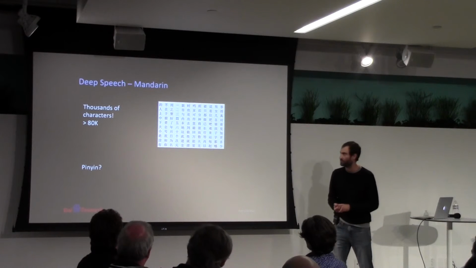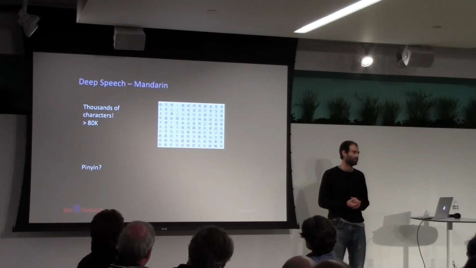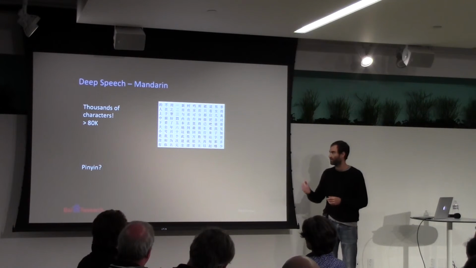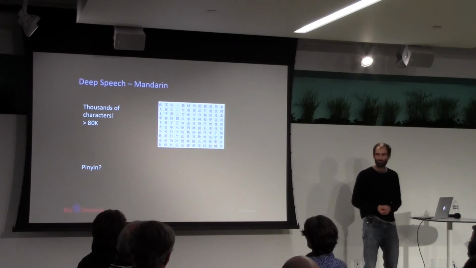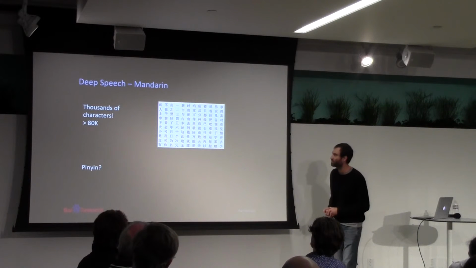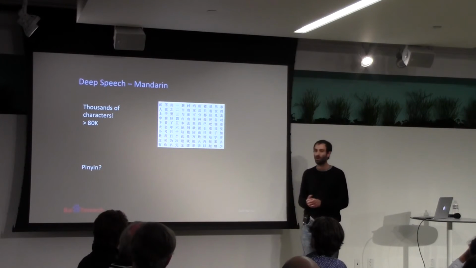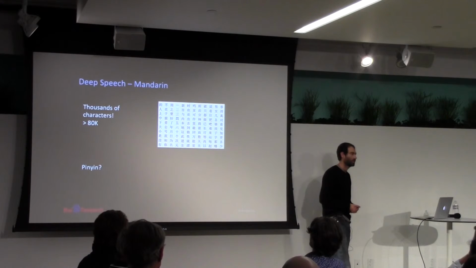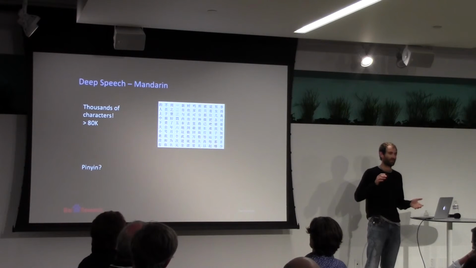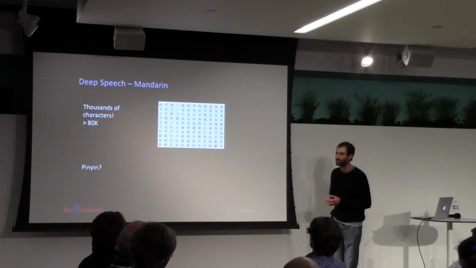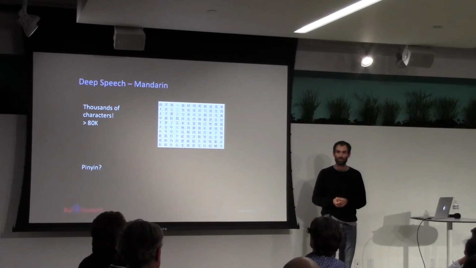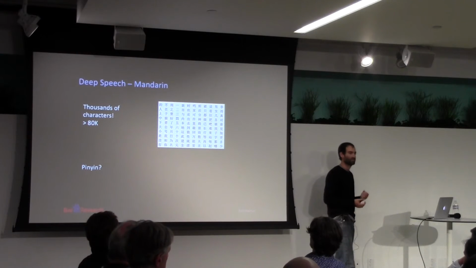Another potential issue is, in English we have 26 letters in the alphabet. In Mandarin there are speculated to be about 80,000. Nobody actually knows how many there are, but there are something like 80,000 characters in a complete dictionary. And so the output of the system, if we wanted to include all 80,000 characters, would be huge. This isn't just a problem in terms of computation, where the output layer of the network gets very expensive. It's also a problem because it's unlikely that our speech data will even have all of these characters represented, because we would need an exorbitant amount of speech data for that.